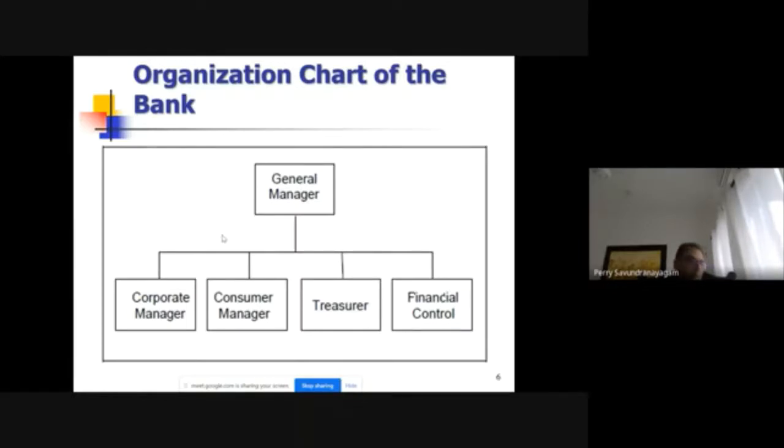Treasury can be broken up into two, if you remember me telling you. It's treasury, which is mainly the funding and liquidity part of the bank, and the other part is global markets, which is basically the markets, which deals in the exchange and interest rate risk management of the bank. Two different areas. In Sri Lanka, they just commonly call it treasury, but in foreign banks, and in local and foreign institutions, we have it called treasury and global markets, split into two.